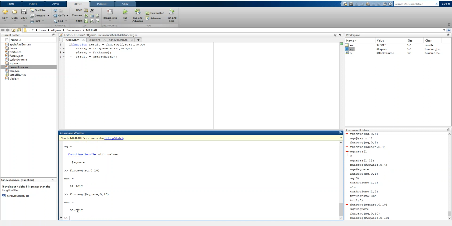Okay, so we've got the average value of x squared between 0 and 10, and we did that using this func_average. The nice thing about that is, again, now we've got func_average, and it will work for any function and for any range of values. So I can do x cubed or sine or anything I want, and I can pass that in and get a range of values. So we'll talk about that